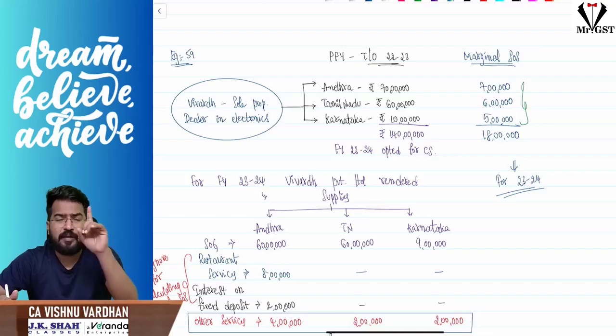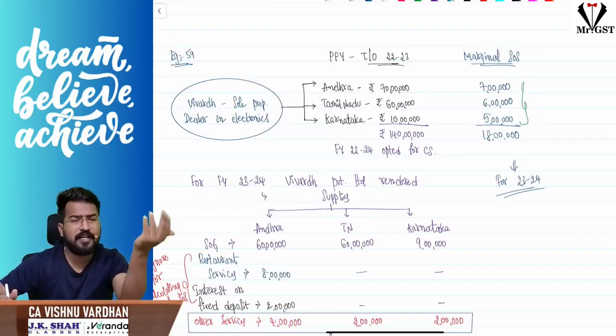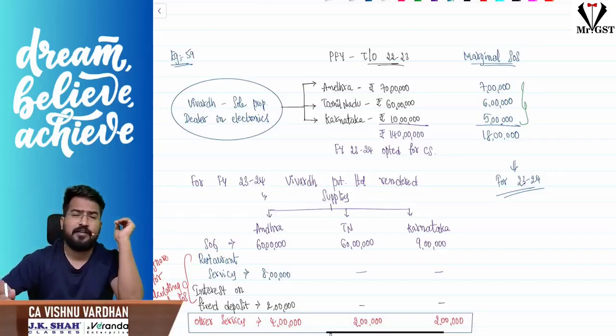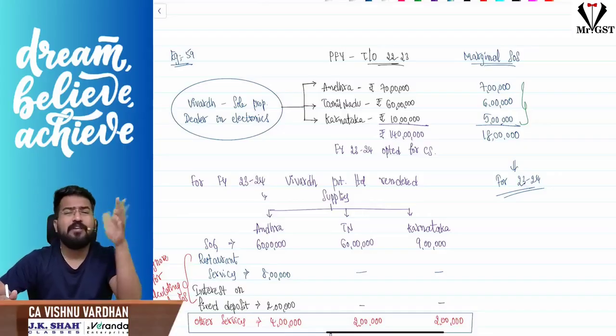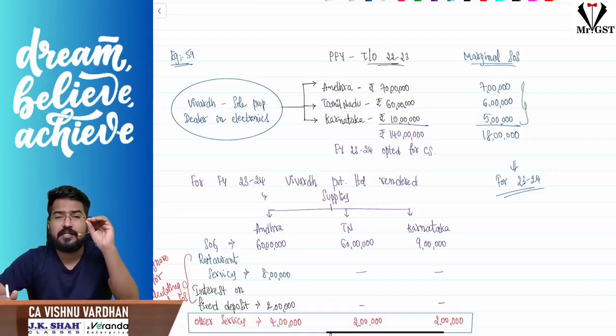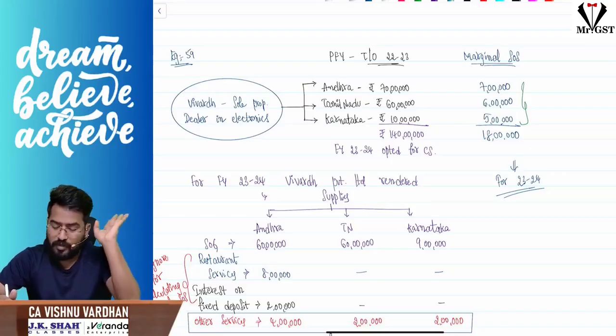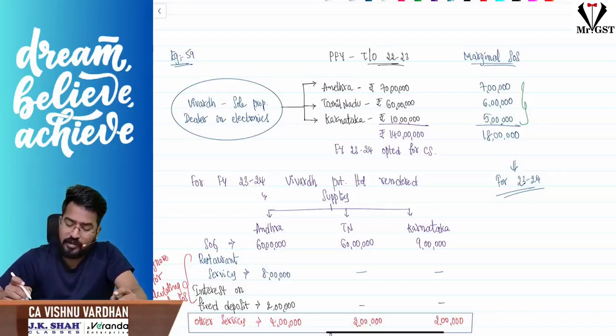I repeat, maintain a thumb rule. Remember the thumb rule: for the purpose of section 10, whether you are calculating aggregate turnover, the tax amount, or the threshold limits, ignore one item. That is the interest income earned by way of extending loans, advances, or deposits. Clear? So we will ignore that, and apart from that you can provide.